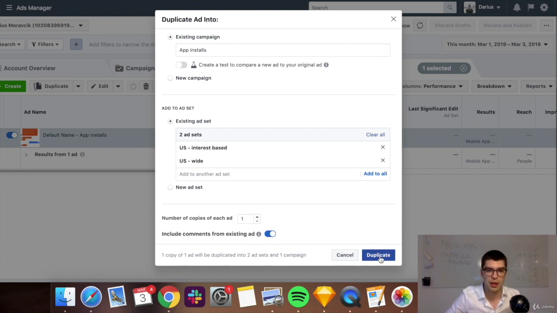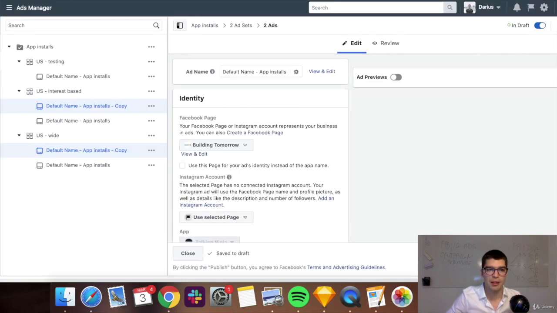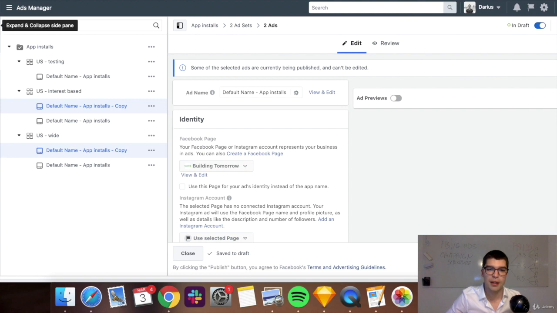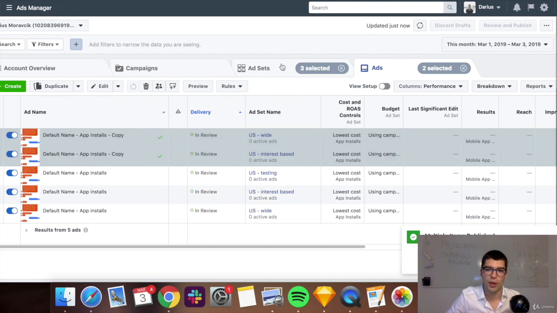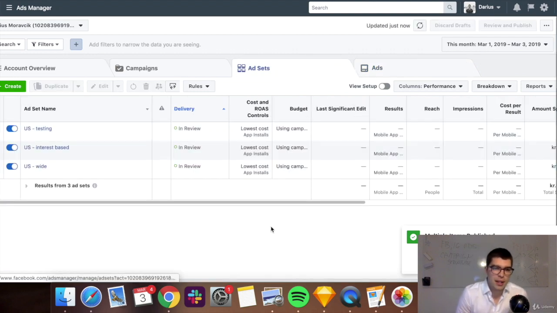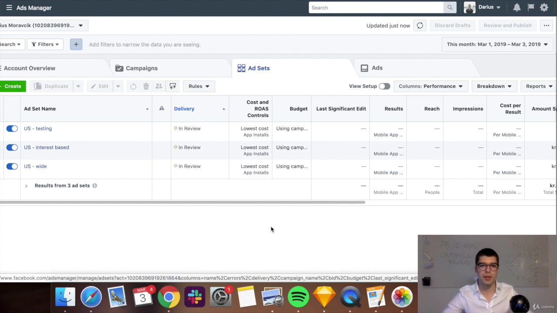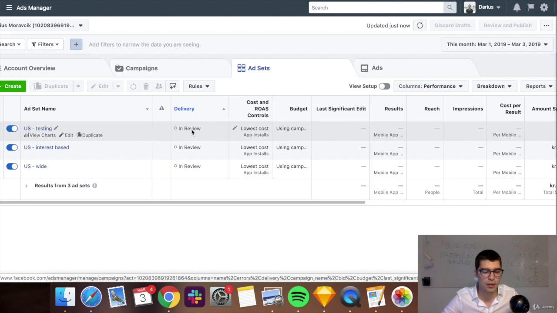So I'll duplicate this if there were a lot of ad sets. And then I'll just click on publish, and then it'll publish that specific ad. And now it's a bit confusing because they'll look the same, but if you had different ads, you would see how it works and it would be much more clear. So this is the basic campaign, ad set and ad structure. This is how you create your campaigns, and it's how you move forward with them. Now, one thing that's important and relevant to know is that when you're going to have